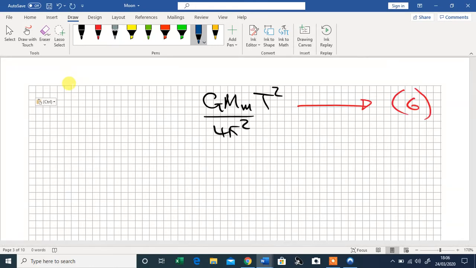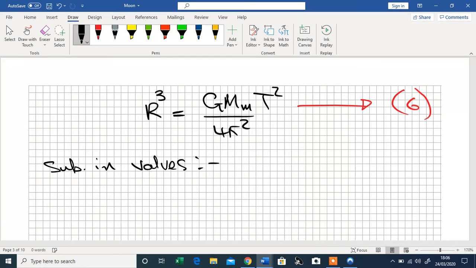So we've got r cubed is equal to that. So therefore, substituting in values, we get r cubed is equal to g, which is 6.672 times 10 to the minus 11, times the mass of the moon, which is